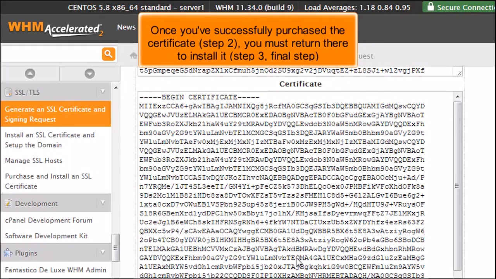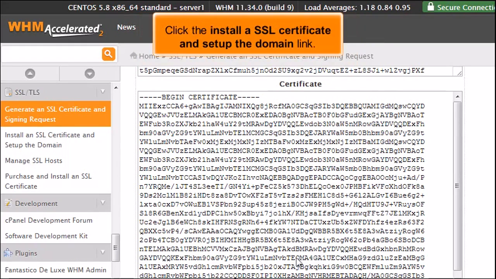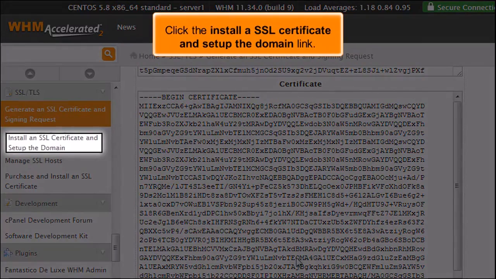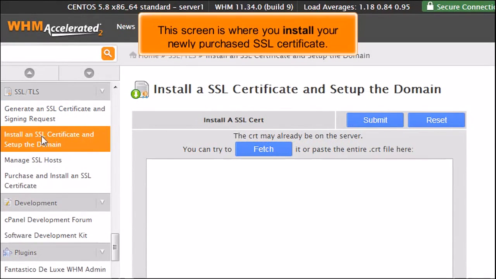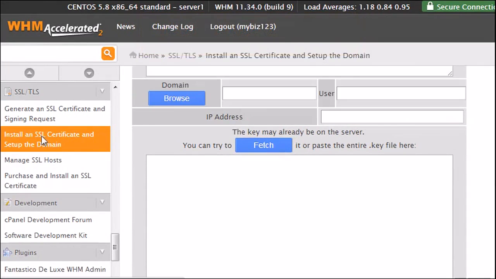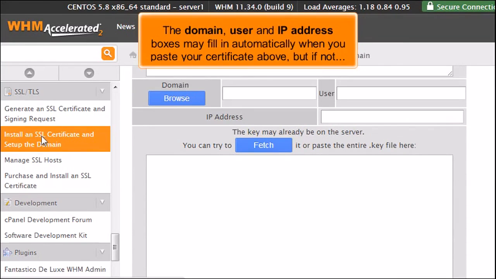Step 3, final step. Click the Install the SSL Certificate and Set up the Domain link. This screen is where you would install your newly purchased SSL certificate. The domain, user, and IP address boxes may fill in automatically when you paste your certificate above, but if not,